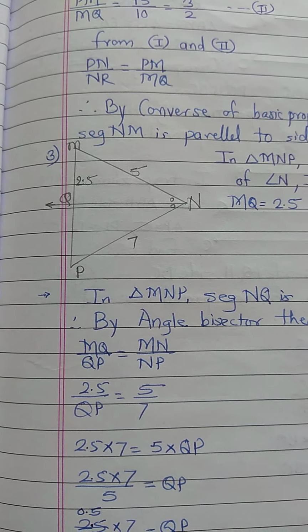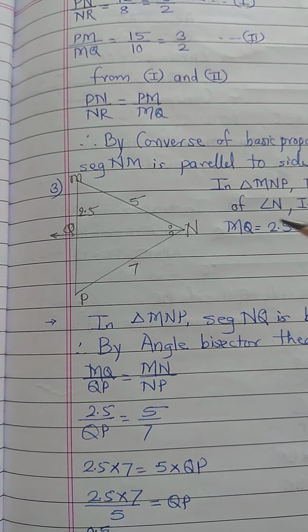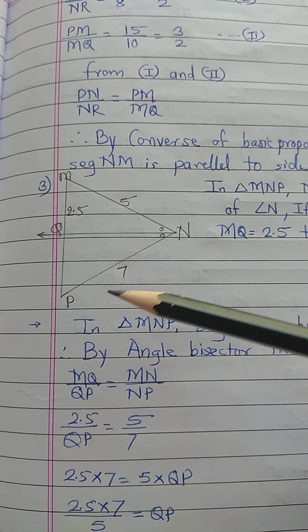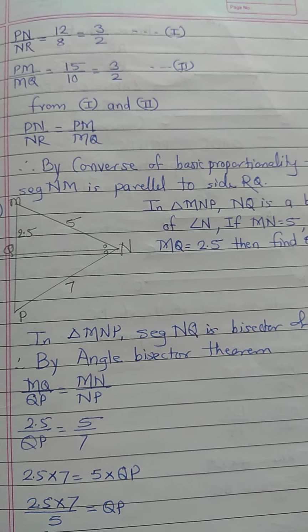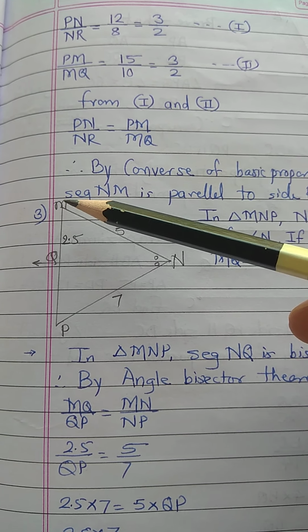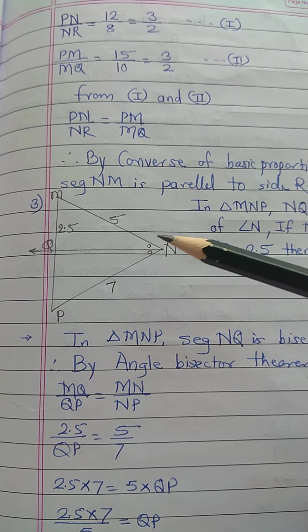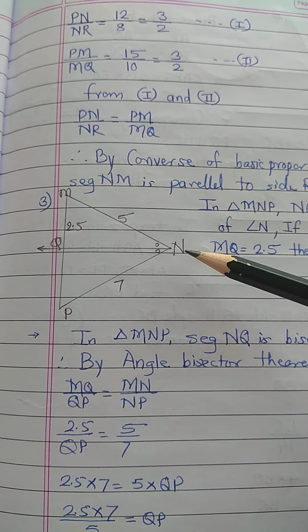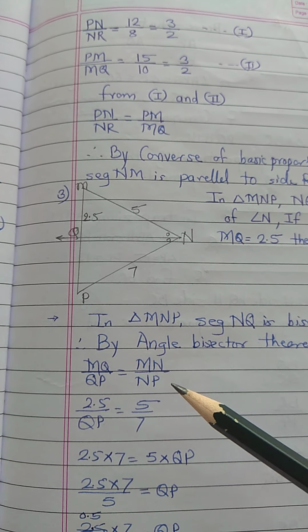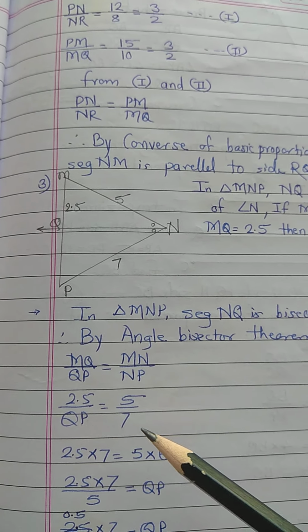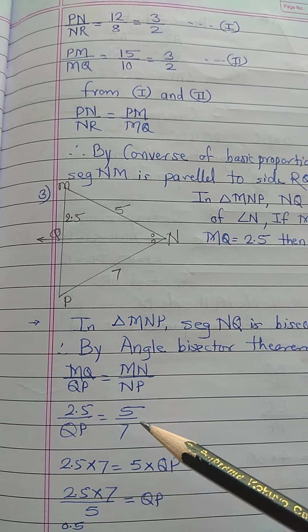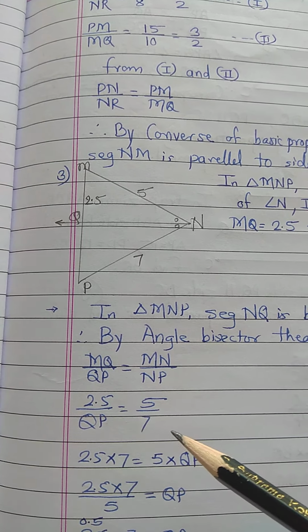Third question. Values are given here and ray NQ is a bisector of angle MNP. Then by the angle bisector theorem, the ratio of MQ upon QP should be equal to the ratio of the remaining sides, that is NM upon NP. Putting the values, we have 2.5 upon QP equal to 5 upon 7, cross multiplying,